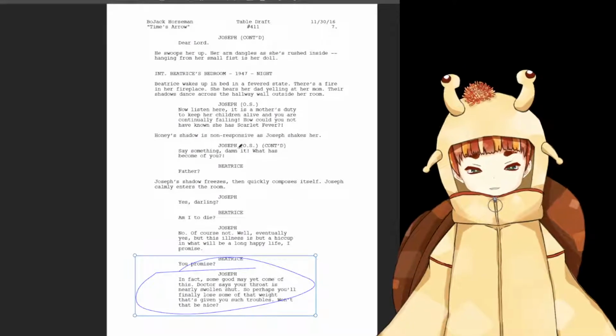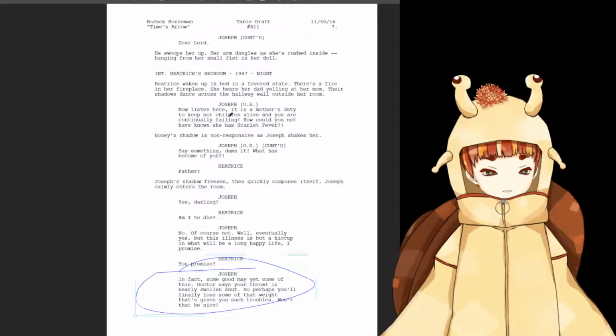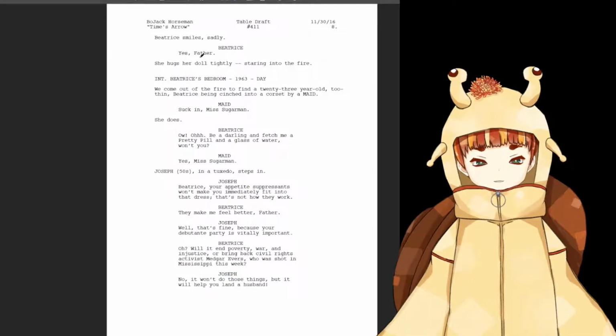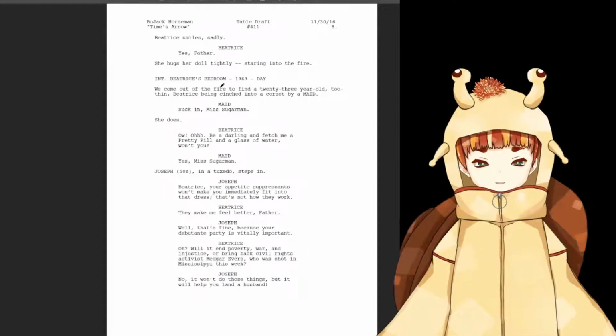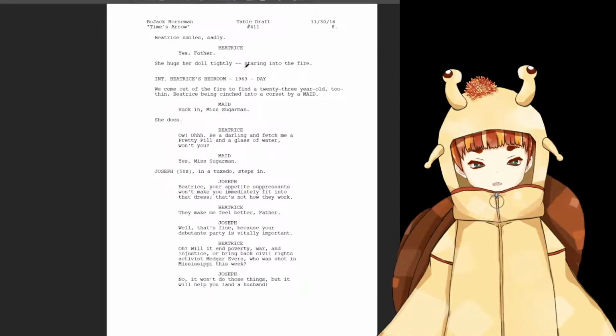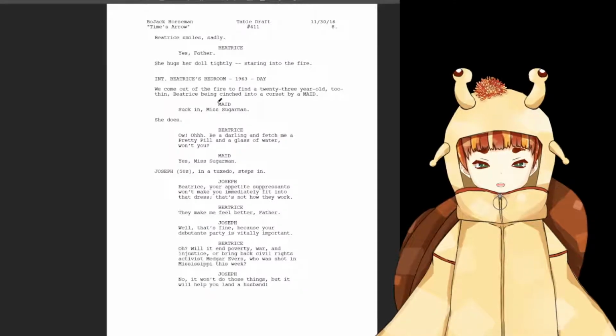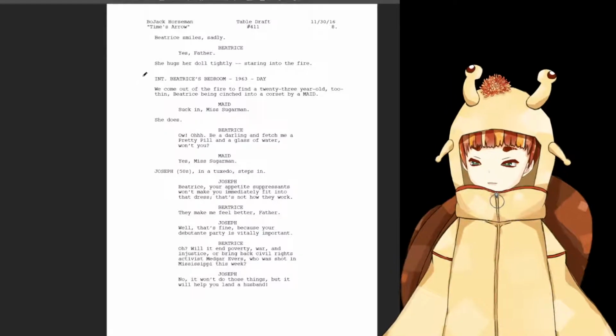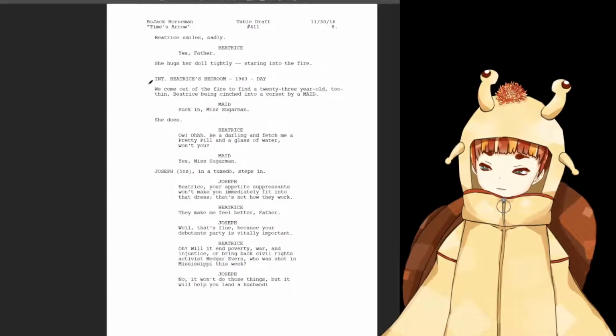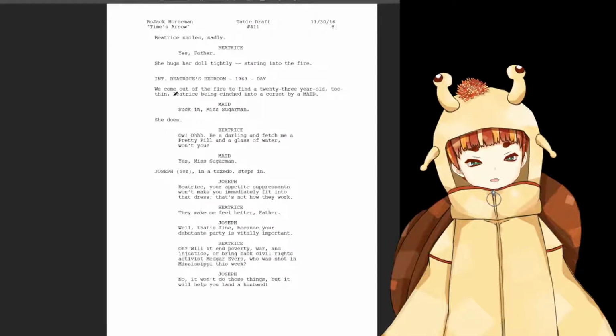Damn me, this Joseph is savage. He's insane. Beatrice smiles sadly. Yes, father. She hugs her doll tightly, staring into the fire. Yeah, dude, her dad is so overwhelming. We come out of the fire to